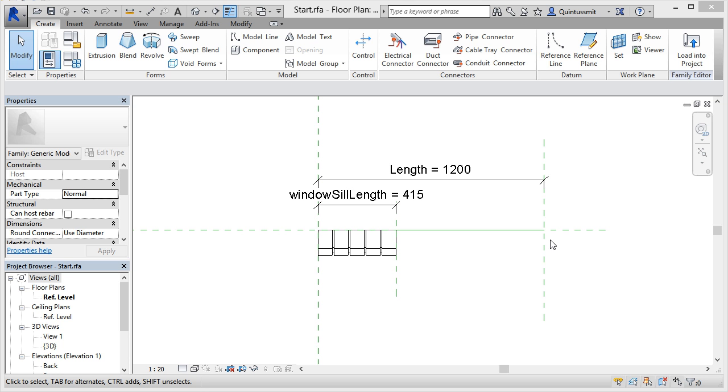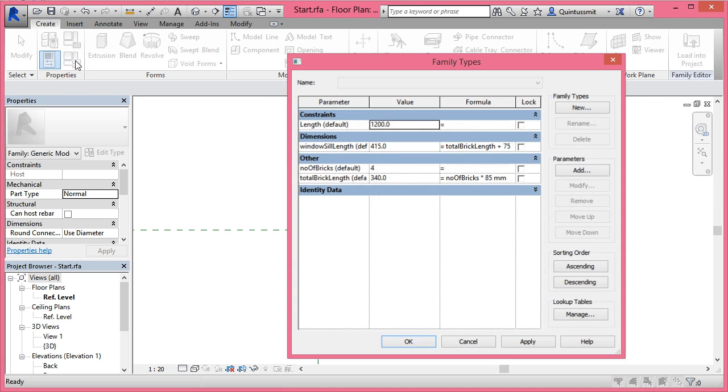So to do that, I'm going to go to the family types up here. And the parameters we need are already created. All that I need is that this one here needs to update the number based on the length specified up here. And just like we did before with the chairs, we're basically going to take the length and divide it by a specific distance. In this case, that's the thickness of the brick, which is 85 millimeters. If I say apply, you can see immediately it updates to 14. I go out,